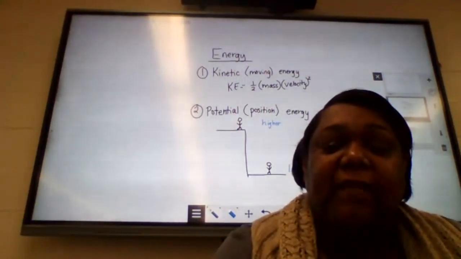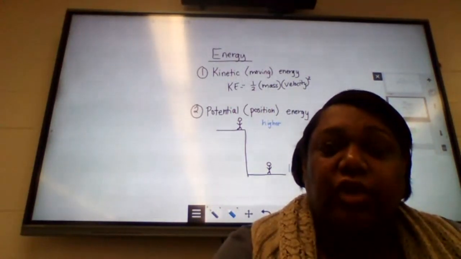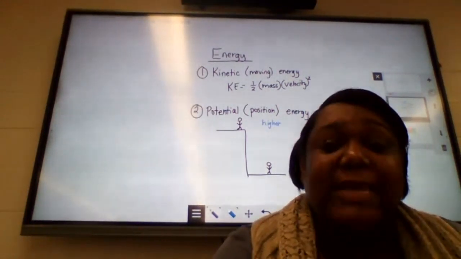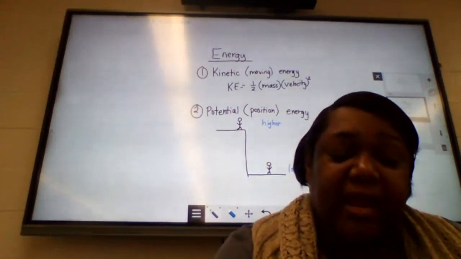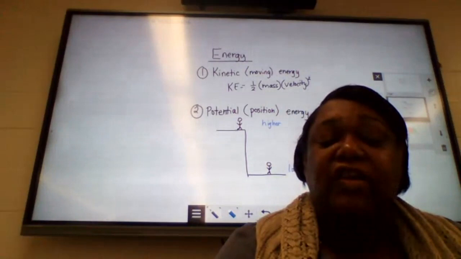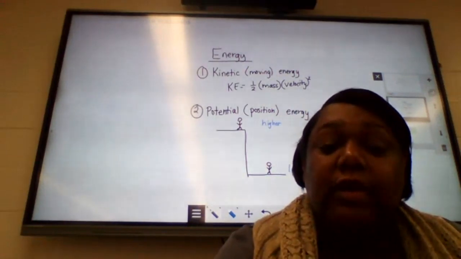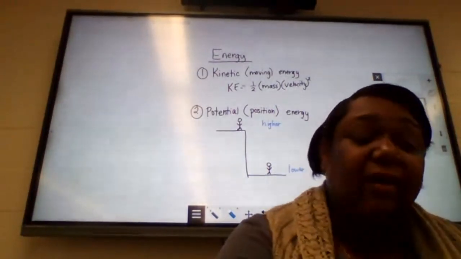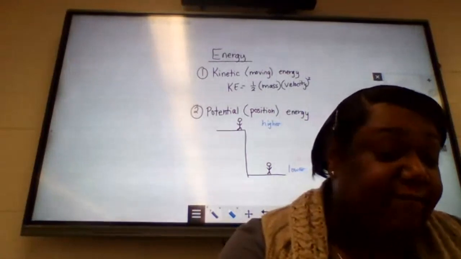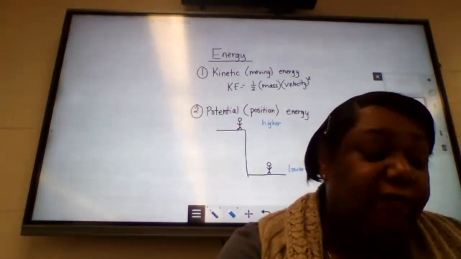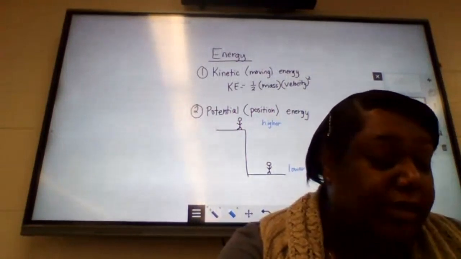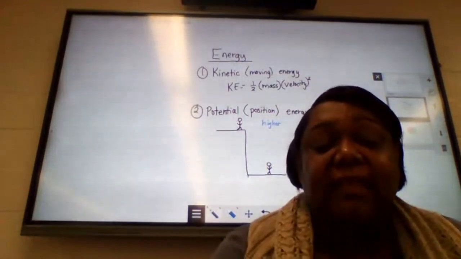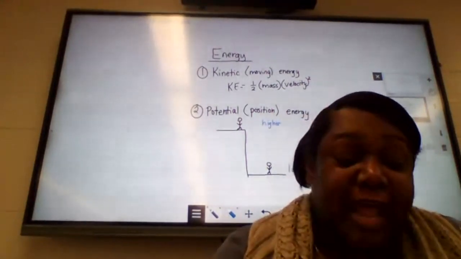So that's why if you see a transfer truck coming towards you on the highway, you should never pull out in front of it, because that transfer truck, because of its mass and because of its speed, is going to have a much higher kinetic energy than you would pulling out in your vehicle. Okay. And so when we think about temperature, temperature is actually a form of kinetic energy. It's a measure of the average kinetic energy of the particles in a substance. And so when your temperature increases, what we find is that the particles in the substance move faster.